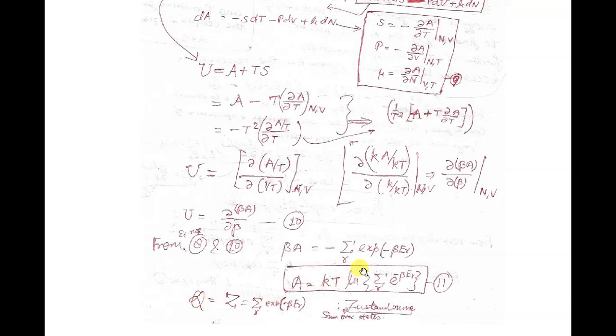So from there again, what is this term? The sum over R of exponential minus beta ER, that is Q. You are writing Q, that is the sum over R of exponential minus beta ER, summed over all possible states. Boltzmann weight summed over all possible states. ER is multiplied with beta, or divided by thermal energy. So this Boltzmann weight summed over all possible R is, in general words, the sum over all possible states of your reservoir. So this Q is nothing but the partition function of your system.